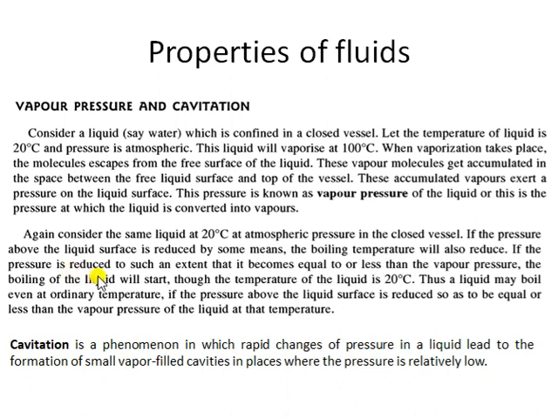As you keep on decreasing the pressure, at some point the pressure inside the vessel will become equal to the vapor pressure at 20 degrees Celsius, whatever the value of vapor pressure is at that temperature. In that case, the liquid will start vaporizing again. That means by reducing the pressure, you have decreased the boiling point also. You know that if you go on mountains, the boiling point is less, right?